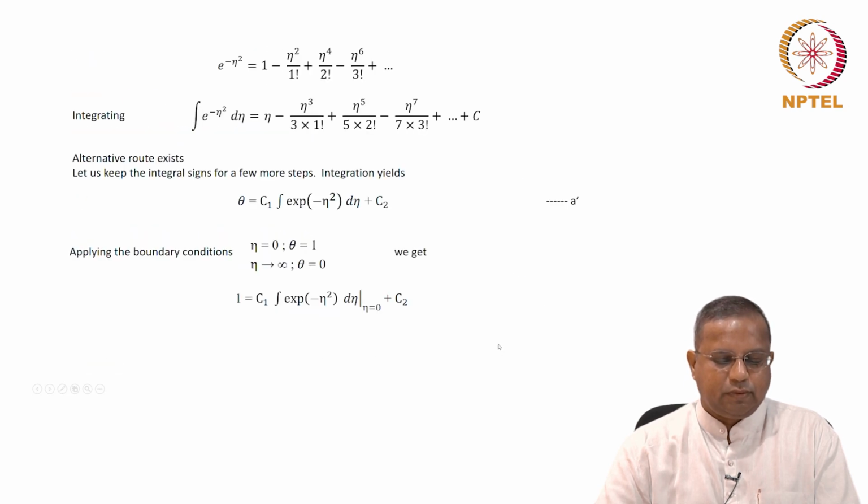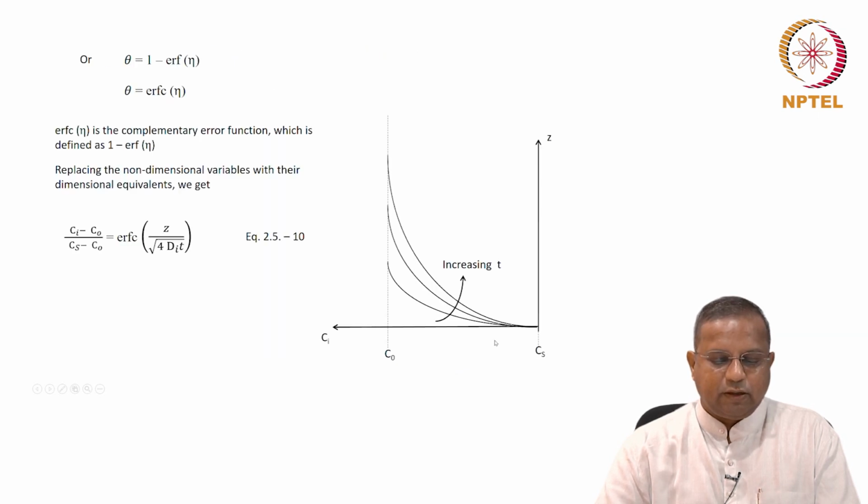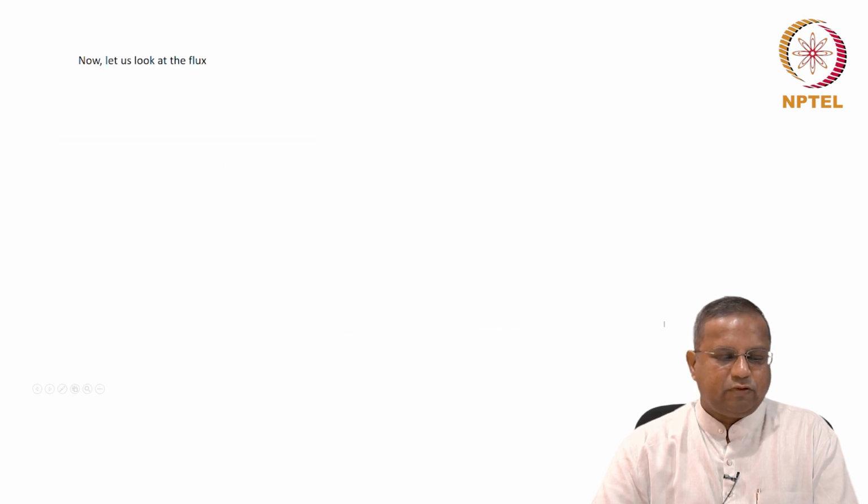Let's go quickly to that solution, which is involved. If you look at this as the concentration axis and this as the distance axis in the liquid, here it is close to 0, and then at time 1 it is this, at time 2 which is greater than time 1 it is this, time 3 which is greater than both other two it is this, and so on and so forth. So at various different times this profile evolves. Okay. So that is what we found.